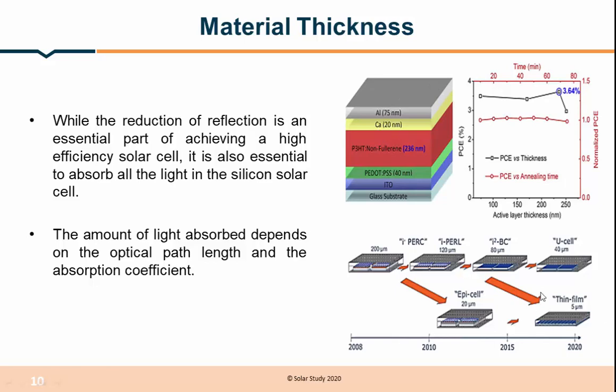In this image you can see that during 2008 a thickness of 200 micrometer could be achieved at the surface of the solar cell. Then around 2010, that is called the PERC solar cell, the thickness is 120 micrometer. Then during 2015 it reaches 80 micrometer, and during 2020 it almost reached 40 micrometers. As technology and time increase, the thickness of the surface and material also reduces. Now it has reached around 40 micrometer.